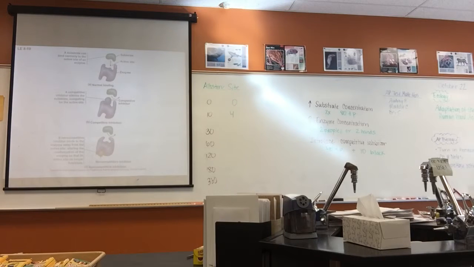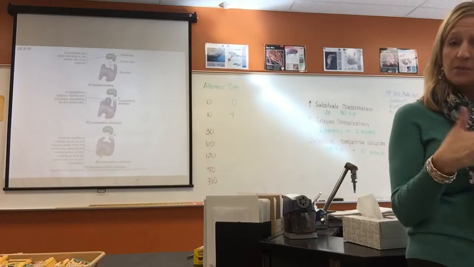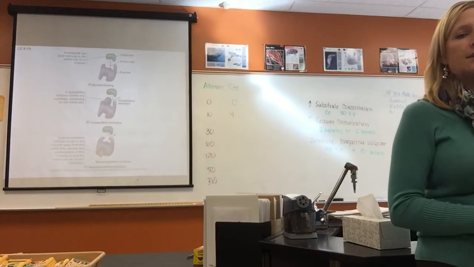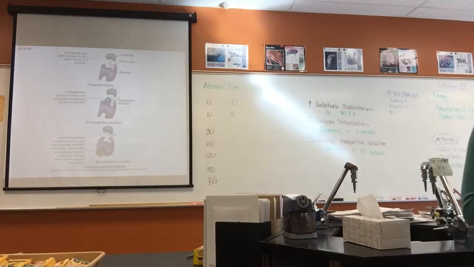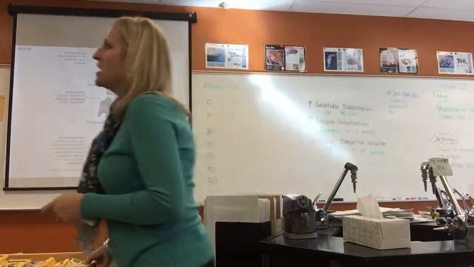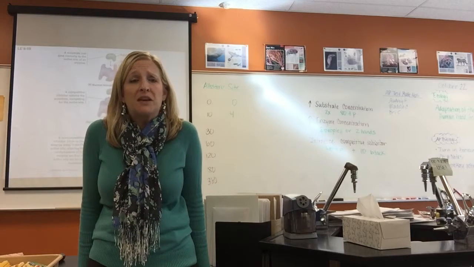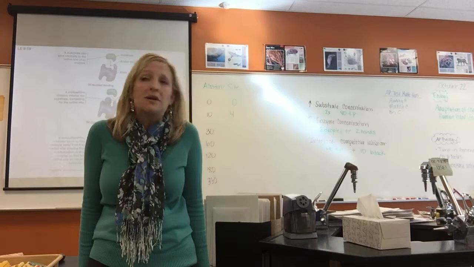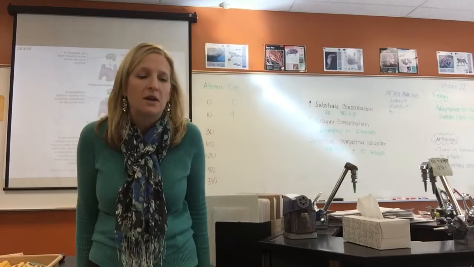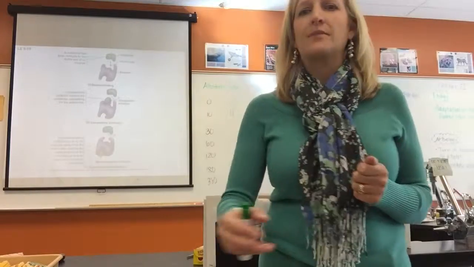Then after you get your data in your packet, the next is a graph, and it's going to be a line graph, and you can put both lines on the same graph there. And then if you look at the next page, you're going to use your graph and your data points, and the next page shows you how to figure out the rate of reaction, which is really the slope between your data points. So you're going to look at your graph and figure out the slope between 0 and 10, and between 10 and 30, and so on and so forth. And then there are questions, okay? All right, so everybody understand what we're doing? Okay, so then let's